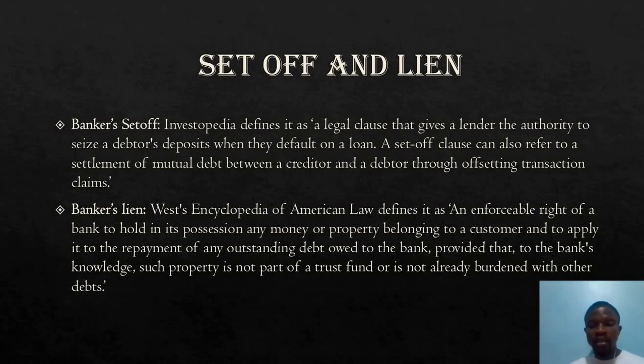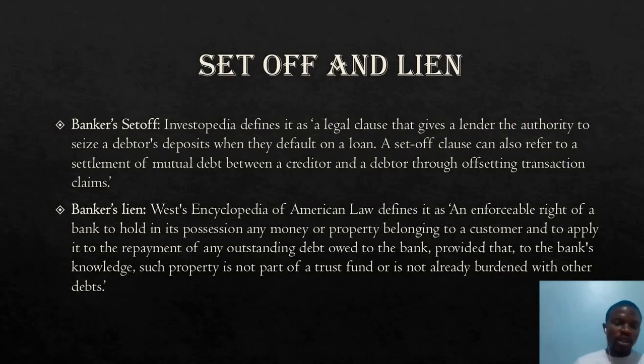Let me explain this in very simple terms. Imagine that somebody owes you 200 naira and that person comes to your house and is charging his phone. When he finishes charging his phone, he takes his phone and wants to leave. You can say, no, I will not give you your phone until you give me the money you owe me. You're exercising a lien. Of course, you will not sell the phone. The phone is not your own. You have no intention of selling the phone. What you are doing is withholding the phone until the person that owes you is able to return the money they've taken from you.